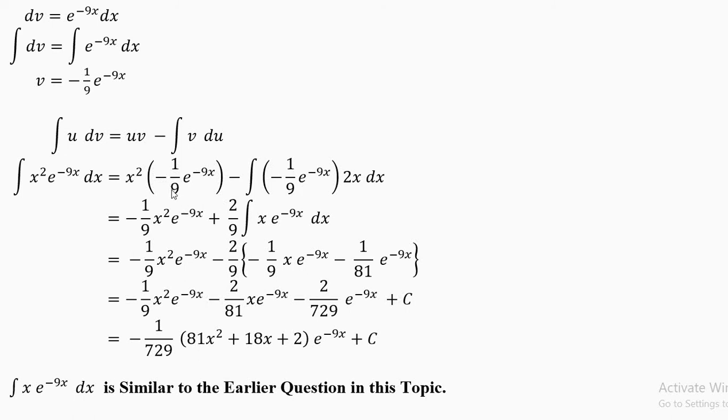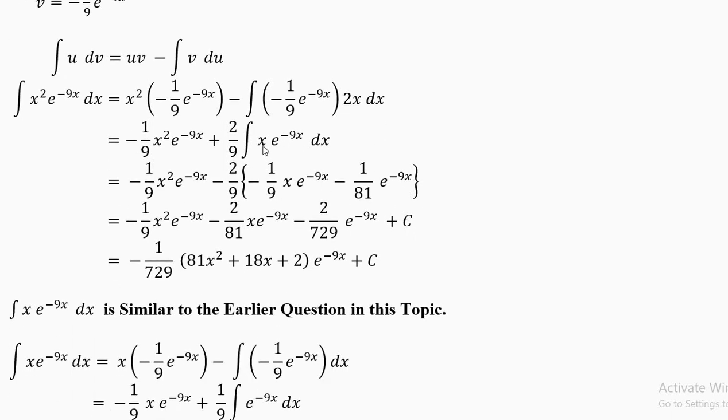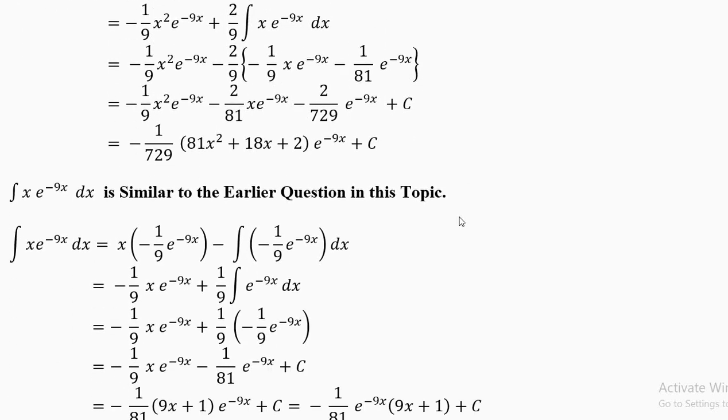Now let's look outside the integral. This minus 1 over 9 is a number, so you write the number first. Minus 1 over 9 x square e power minus 9x. This is the order of writing it. Now minus into minus is plus. Let's look at the integral, and 1 by 9 will come out. And how much is du? Du is 2x dx. So we also have this number which is 2 here. You'll get 2 by 9. Minus into minus is plus. Plus 2 over 9 x e power minus 9x. Now x into e power minus 9x, you have to do it in the margin.